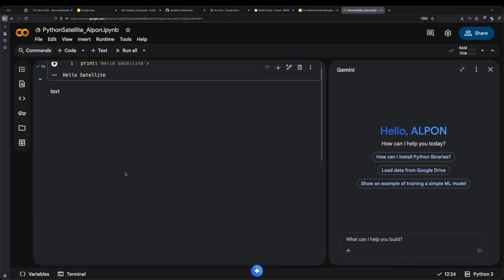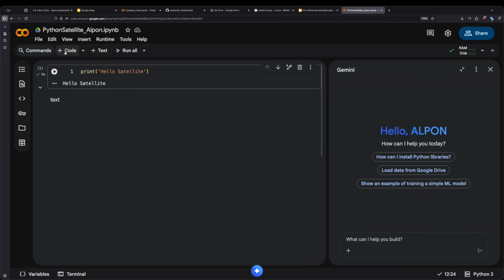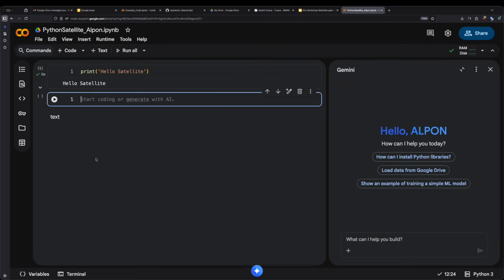Okay, the next is installing libraries. Colab already includes many basic scientific libraries like NumPy, Pandas, and Matplotlib. You can test it by typing an exclamation mark, which is the syntax for installing libraries in Python.